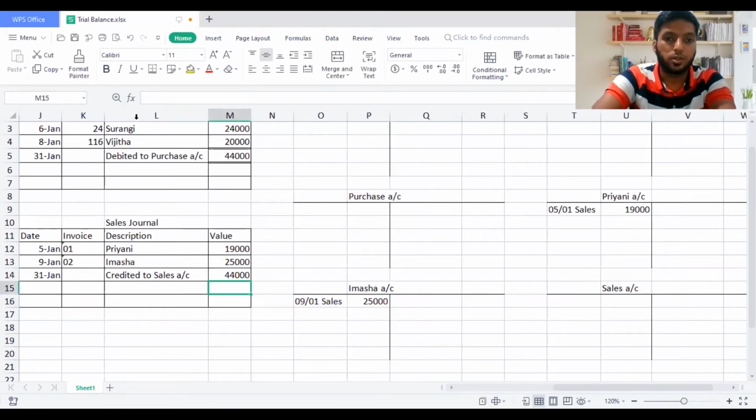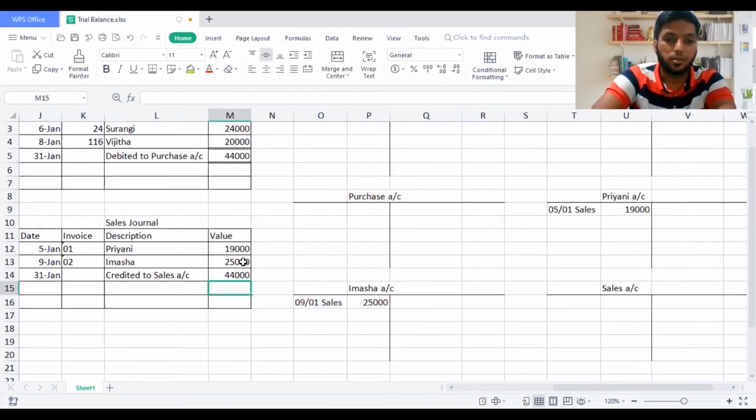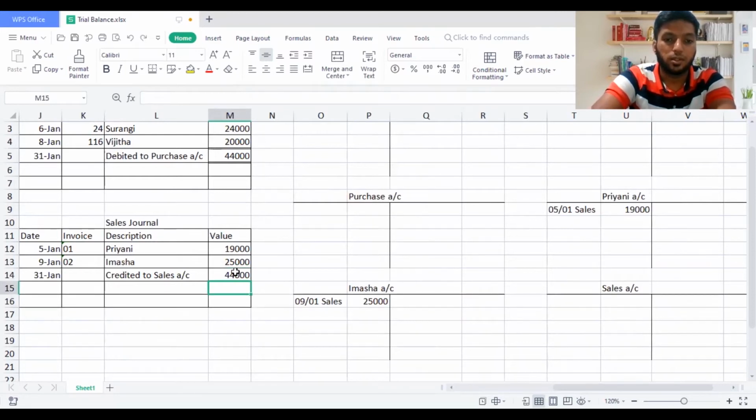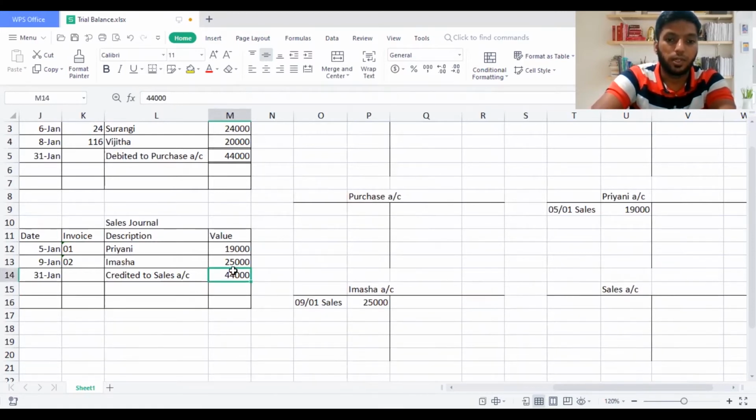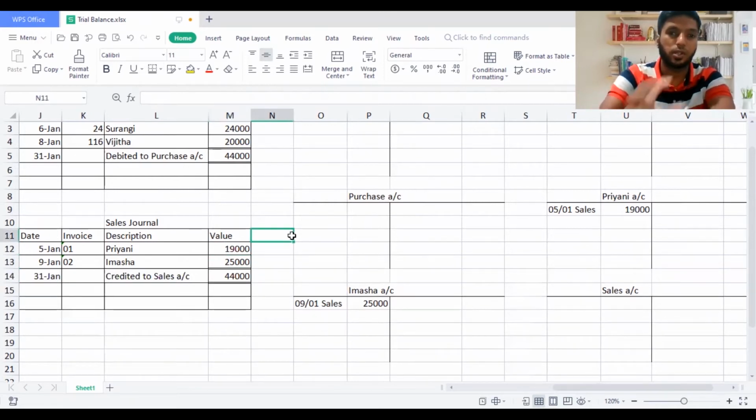So I'm going to show a double line to show that I have done the sum completely, the total, so that will give some value to the examiner. Okay, we have done it exactly in a correct way. So most of the time they might ask purchase journal, sales journal, then they ask to record in ledger account, or they might ask you to prepare cash book and bank account, or they might ask you to prepare trial balance. This is how they can ask.